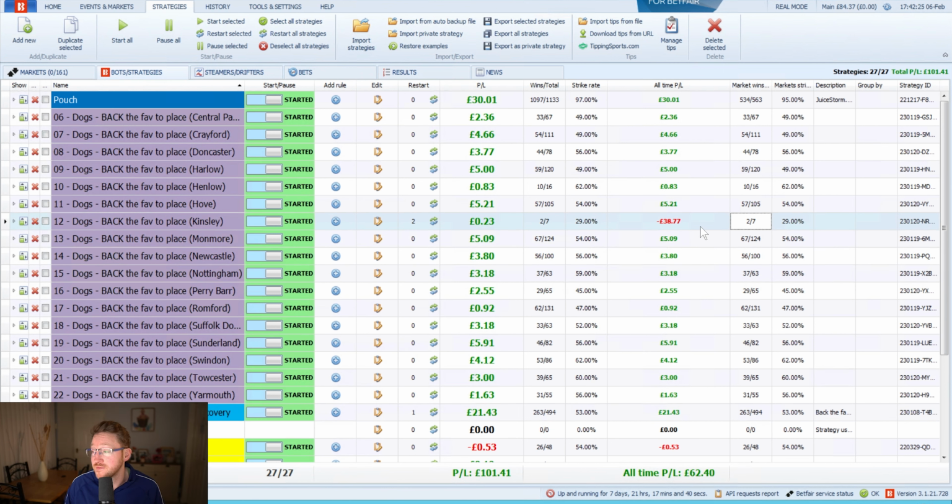I'll let that recover. So if you can set in your head, hey, what's the most I want to risk per strategy, you can set your stop loss to that, so it'll never go above that, if you don't want it to try and keep going. Hopefully, the strike rate should be around 50% in most of them. Some of them are 45, but if you think about that, that's 1 in every 2 races you have a